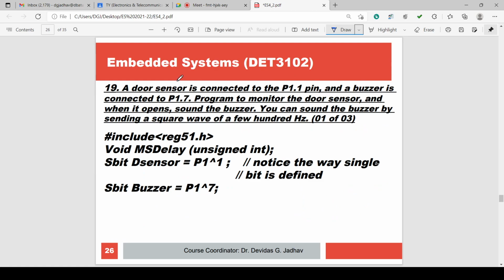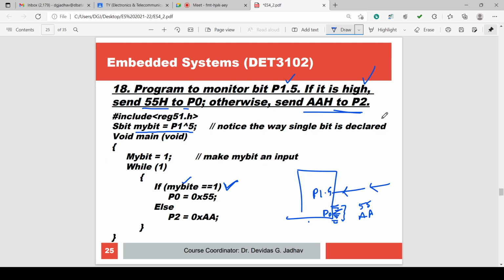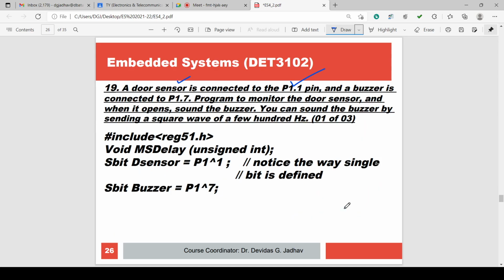Then we can have a door sensor on a port pin. Now in the previous case what we have done, P1.5 is used as the input. Whatever the voltage, 1 or 0, is there, that is sensed, and accordingly output is given to P0. So we can use a port as input or output. In this program, the door sensor is connected to P1.1.